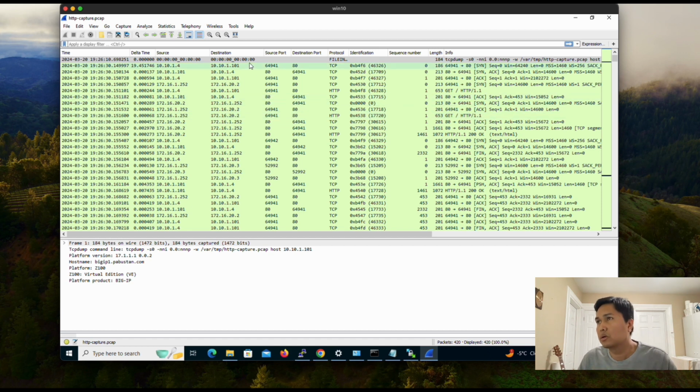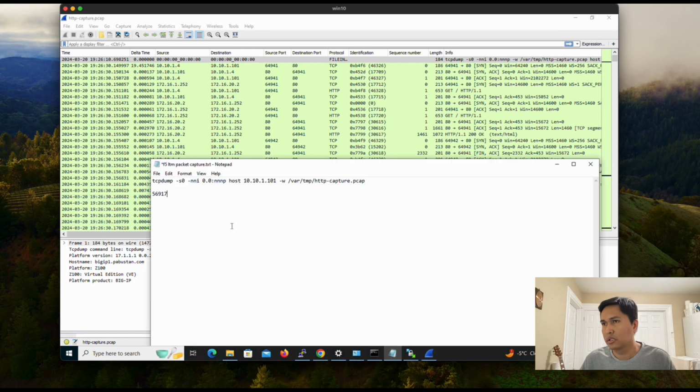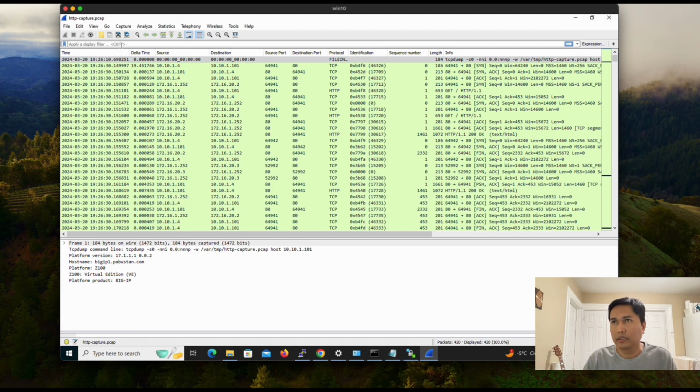Okay, so we're going to check our capture. Let's check our source. This is the source port of our backend server, right? Let's try to find this one. TCP port equals